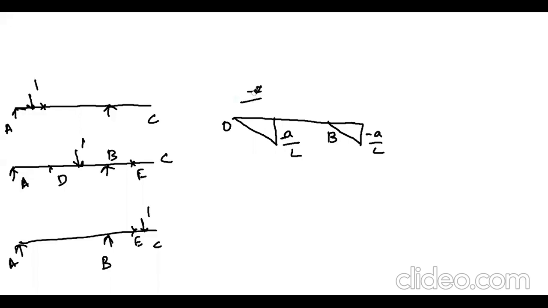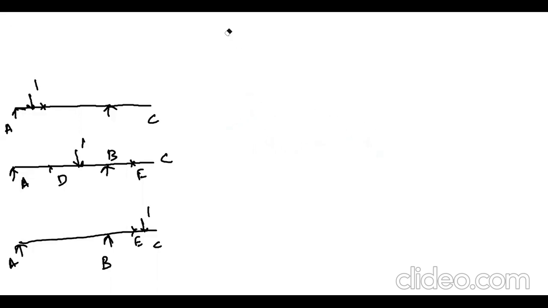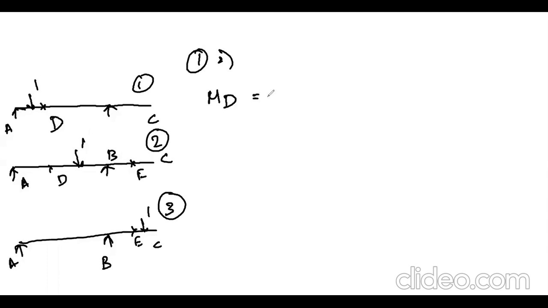Next, we are going to find the influence line diagram for the moment for this overhanging beam. For this also we are going to take all the three conditions. This is condition number 1, this is condition number 2, and this is condition number 3. For this also, you want to find the moment at the point D. Now I am taking loading condition number 1. Whenever I am taking moment about the point D, what happens, either I should take this portion or that portion.